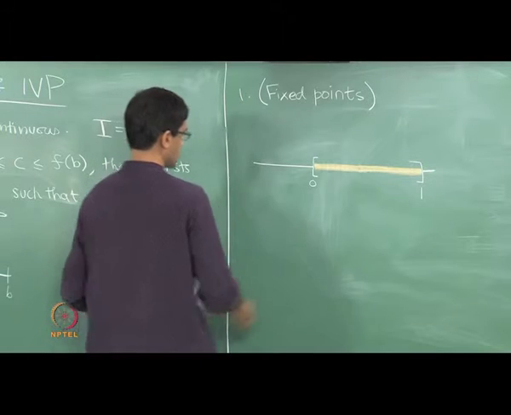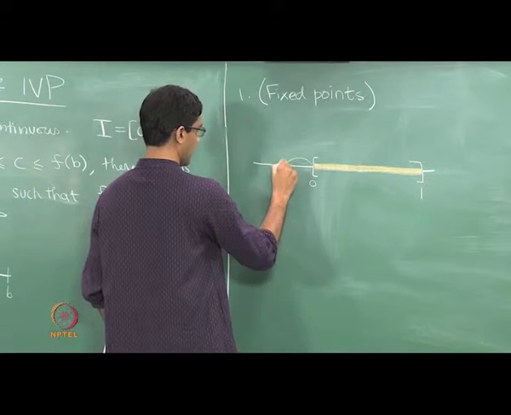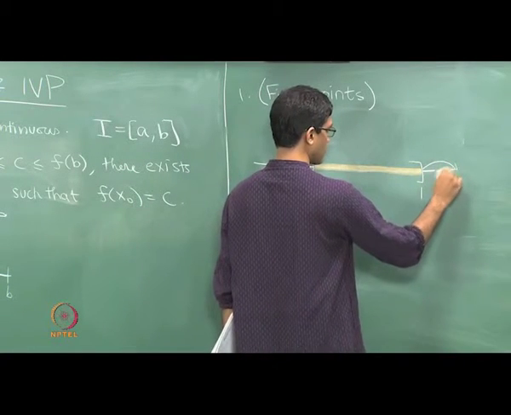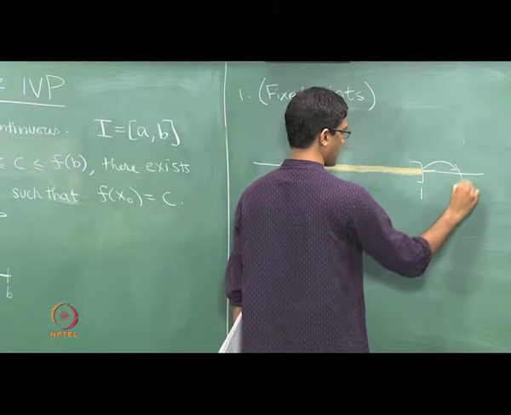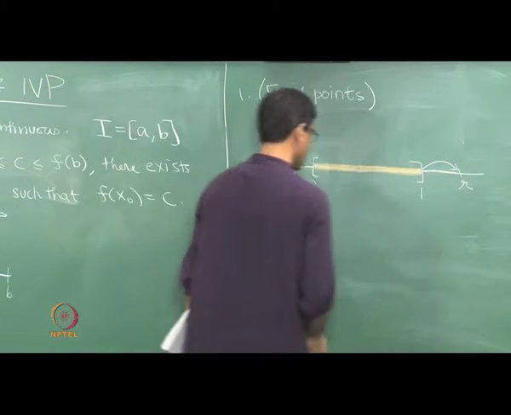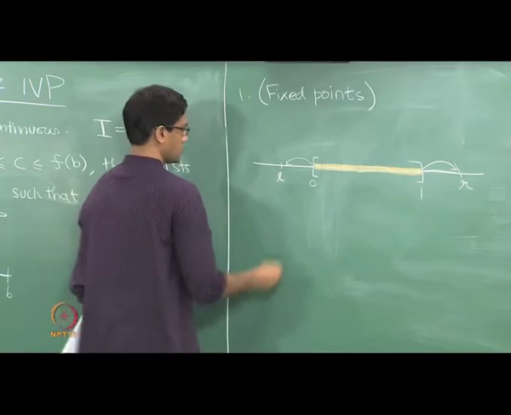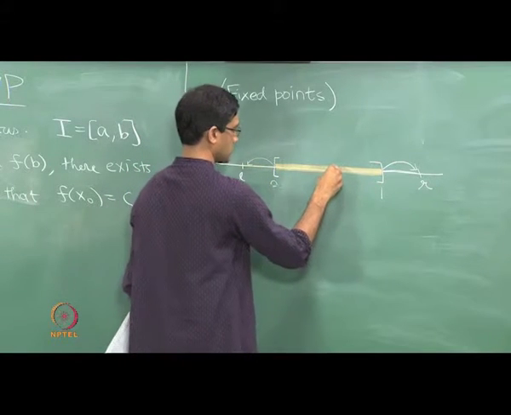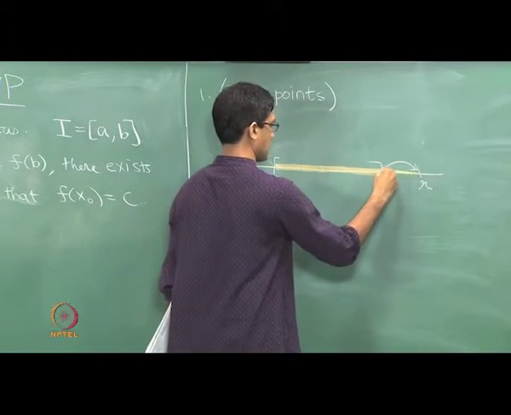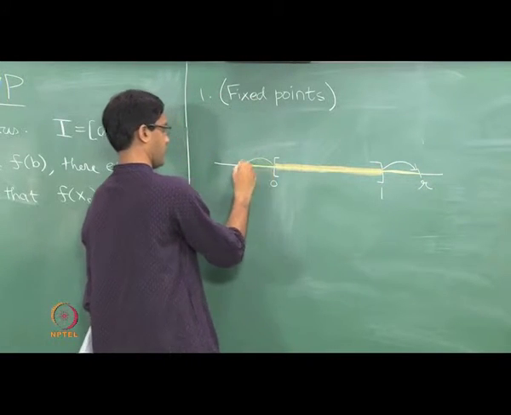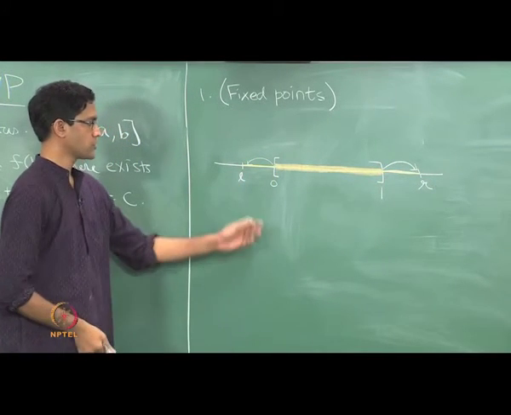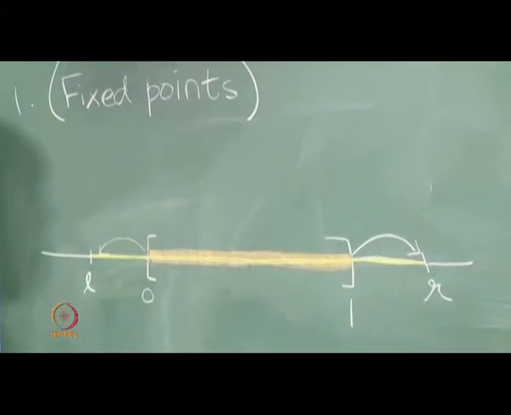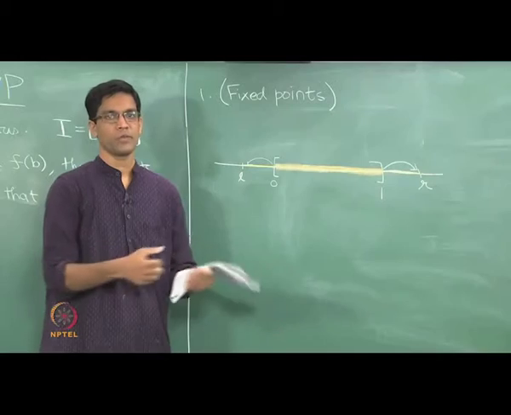So let's give it a name. Let's say 0 moves to a point L, the left endpoint, and 1, the right endpoint, moves to some real number R. So L and R now denote the new positions of the endpoints. That's what the rubber band now looks like. The orange denotes what it looked like initially, and after the stretch you have got the yellow rubber band. Now of course the stretch itself is assumed to be a continuous process.